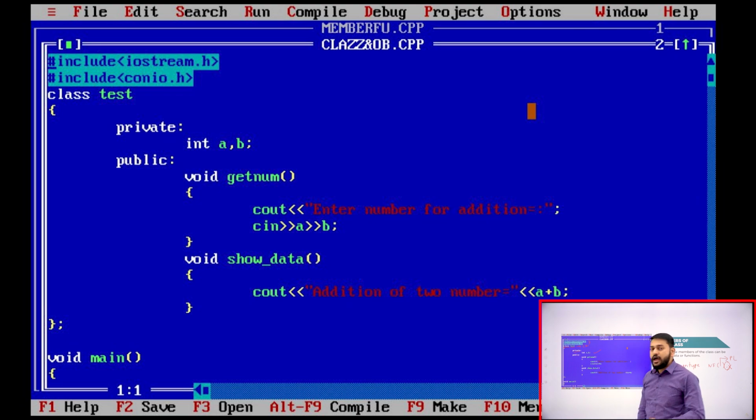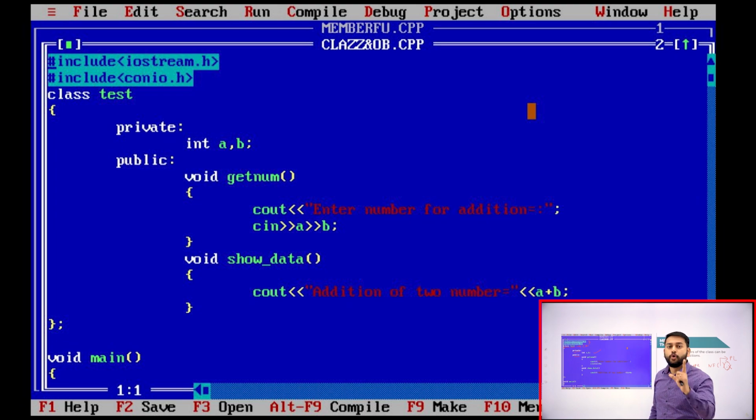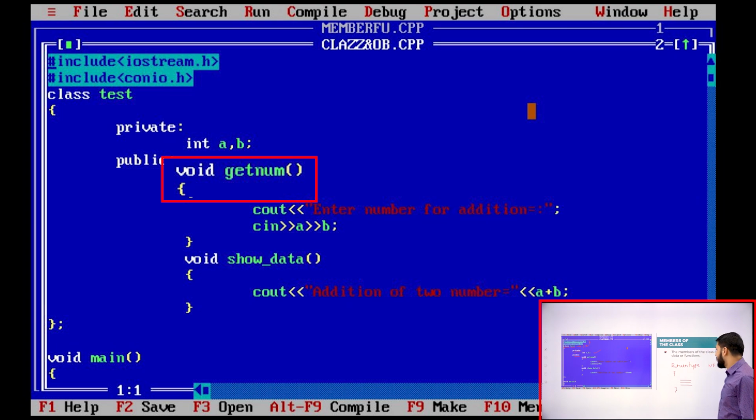Moving on to the next line, I have one more access specifier that I have declared. I have public. My dear students, for public also I am giving the colon. After that, remember this void is what I will call a return type. Remember, here I have told you the syntax. What is the meaning of this void?